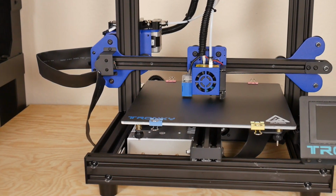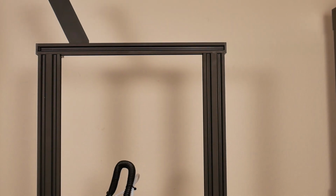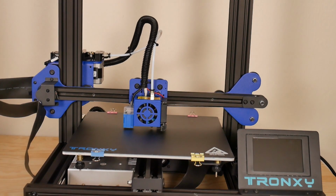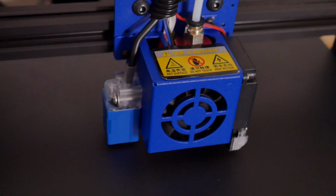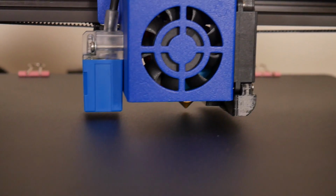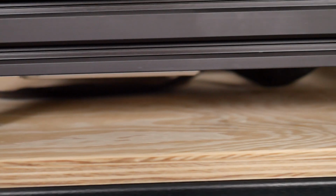I've added it to machines before, but I have the CR10S Pro and I've tested out the CR20 Pro from Creality, which both have auto leveling. One uses a BL Touch type sensor and the other uses, I believe, an inductive sensor. But either way, both of those leveling setups that come stock on the Creality Pro machines are terrible in my opinion. I love their machines, but I don't know if it's a firmware thing or what the deal is, but without modifying the firmware and potentially the hardware as well, out of the box, they are pretty worthless in my